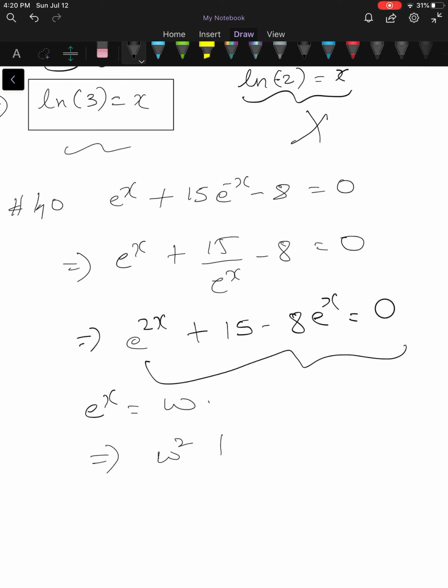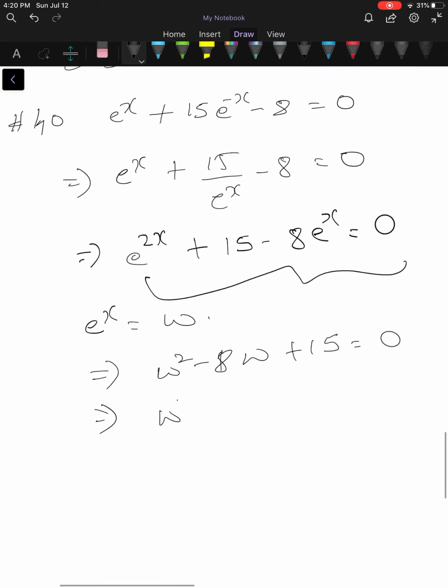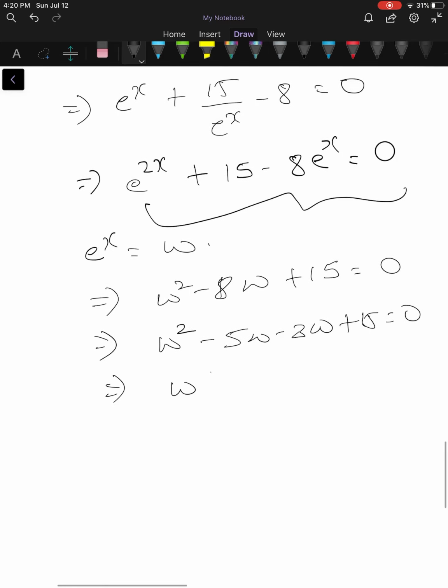Now substituting e power x is equal to w, what do we get as the equation? w square minus 8w plus 15 is equal to 0. This can be solved using the trial and error method, that is 8w can be written as 5w minus 3w plus 15 is equal to 0. So upon solving, you get this to be w minus